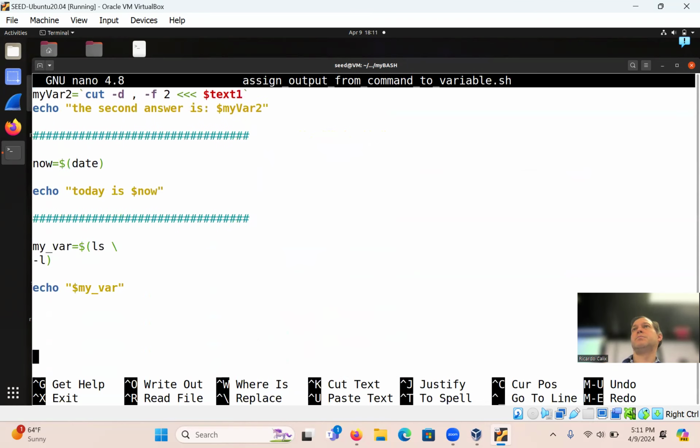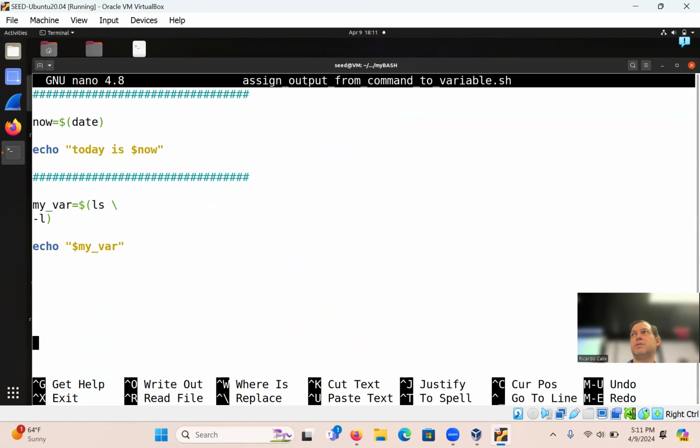You guys follow what we're doing? All right, so help me out. This is from last week's lab, I think. So let's do grep and awk var, something like that. $, open parentheses, close parentheses, ls, backslash, -l.